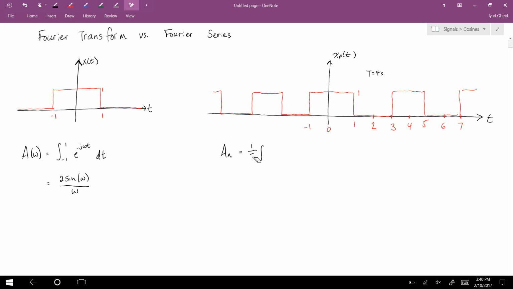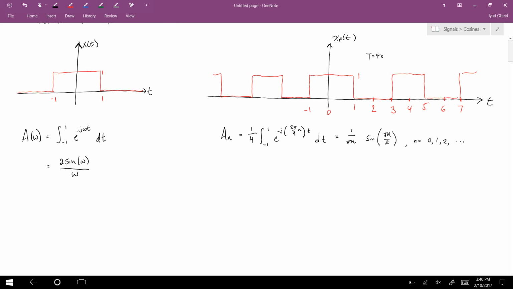So the Fourier series is going to be 1 over 4 times the integral from -1 to 1 of the constant 1, e to the minus j, times the frequency, which is 2 pi over 4 times n, t dt, and I'll spare you the math. You can work this out on your own time, but what you should get is 1 over pi n times sine of pi n over 2, where n is equal to 0, 1, 2, dot, dot, dot. Okay? Now, let's talk about how we use both of these, Fourier transform and Fourier series, to work backward and